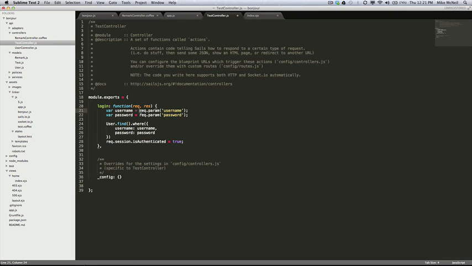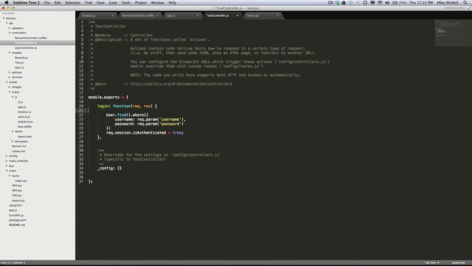And this actually would probably be clearer if I did it like this. So this is us using the Sails ORM. It's called Waterline, to get stuff from the database. This is JavaScript, so database stuff takes time,